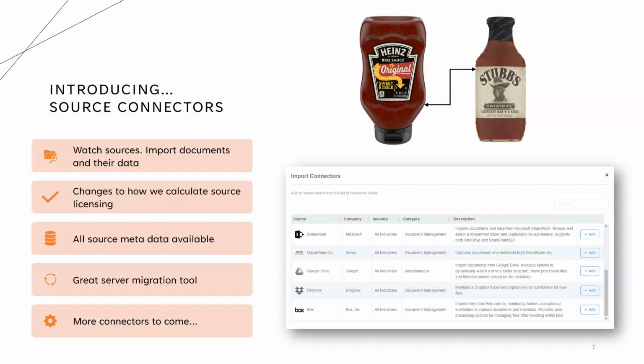Some of you might not even be familiar with that kind of efficiency, but if you're having a number of jobs watch the exact same source, as in the same folder or the same email account, then that would only consume one source. And it was only when you started adding